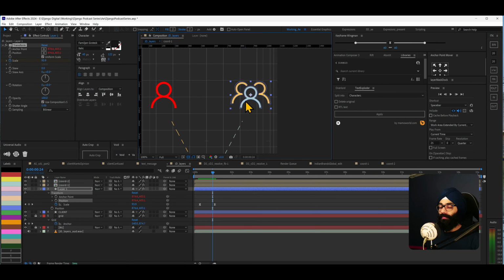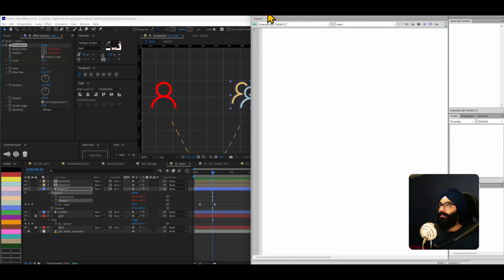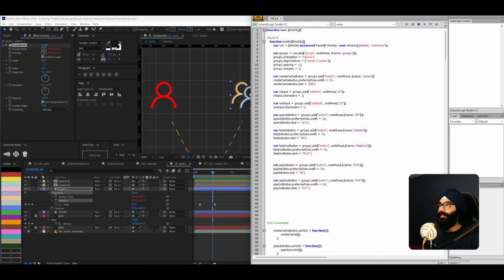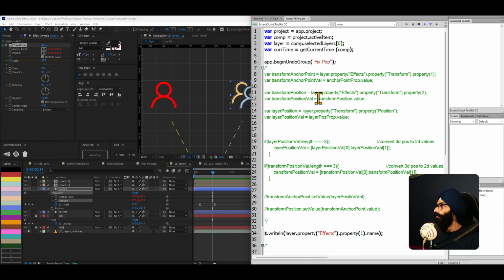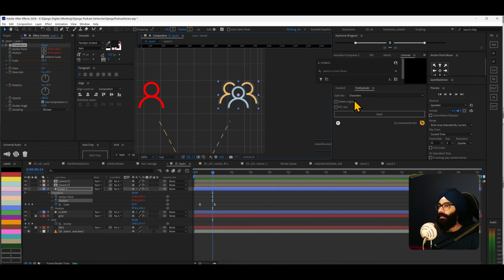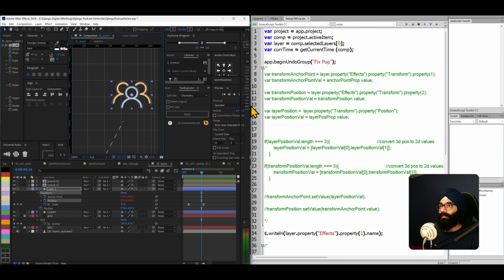Now what I want to document is how to do this inside ExtendScript. So if you look at my ExtendScript, this is the ITK script. Okay, I'm going to open fixing ITK Pop. So over here, what I have done is, let me take this here. It's going to be a lot not readable, but bear with me.